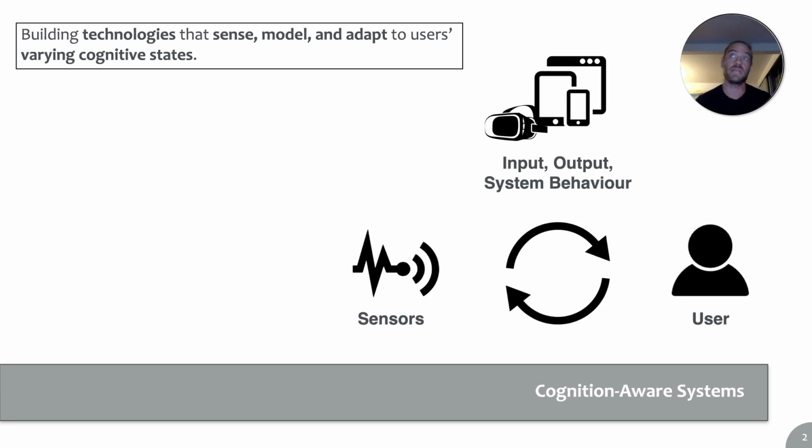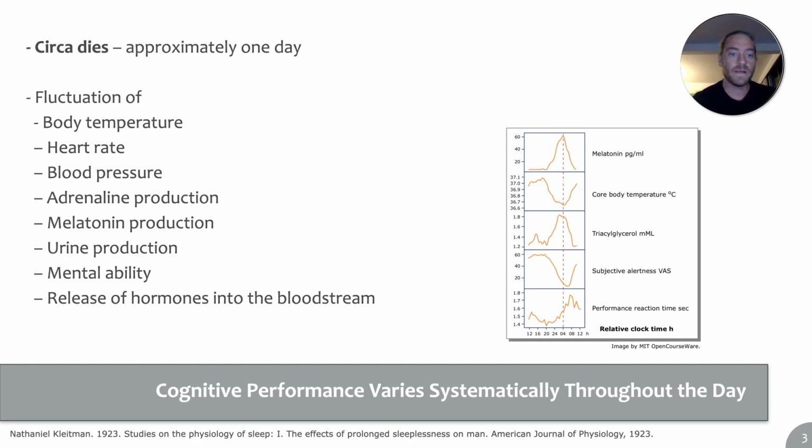And from an application layer, we can imagine things such as learning technologies that support memory or that facilitate information processing by adjusting the user interface to the cognitive bandwidth that the user has available at that point in time. So our physical and cognitive performance is heavily influenced by a complex interplay of biochemical processes.